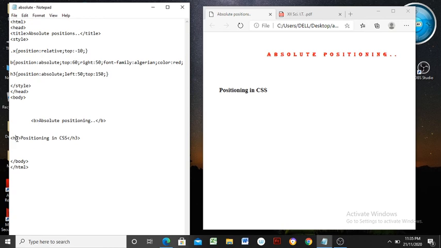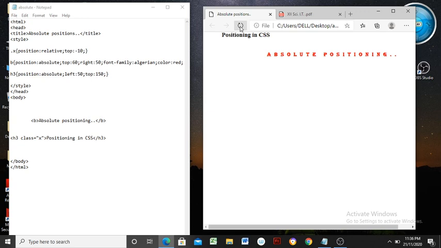Within a b tag or within an h3 tag, we can apply this by using an attribute called class, equal to the name of such positioning or class, that is x, which I have given here. See here, now it is saved, getting refreshed.